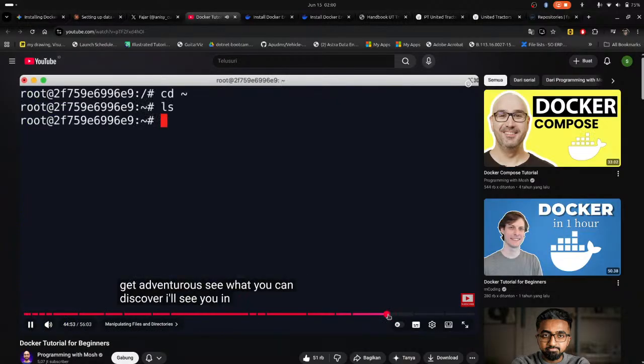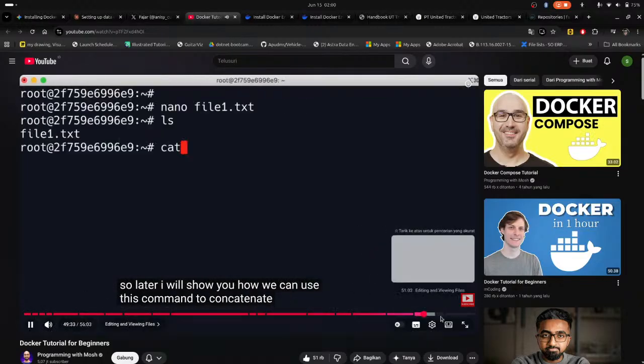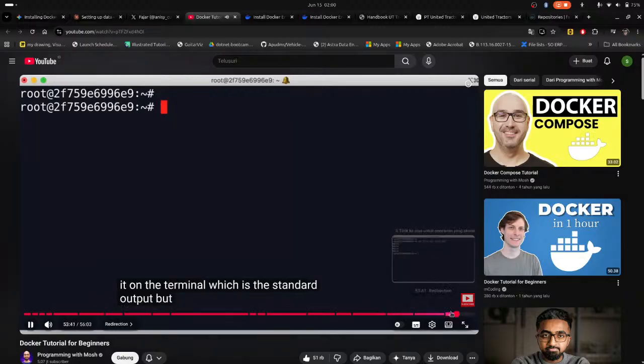So I'll see you in the next lesson. Great. Now how to edit files. For viewing files, we have cat, which is short for concatenate, but once again,